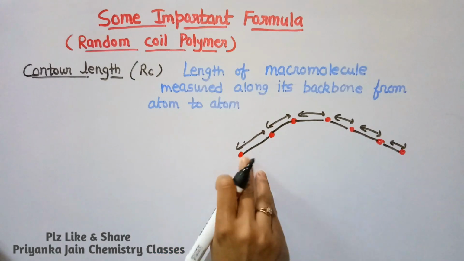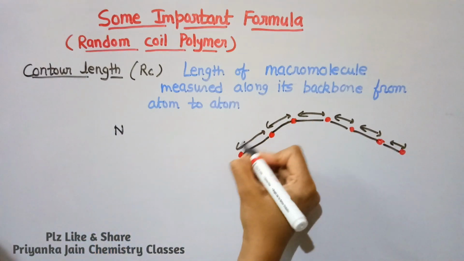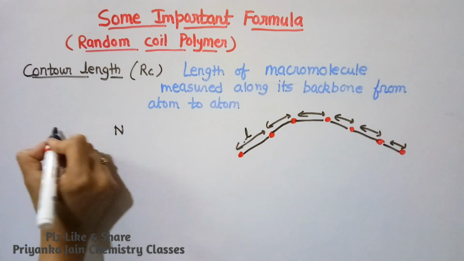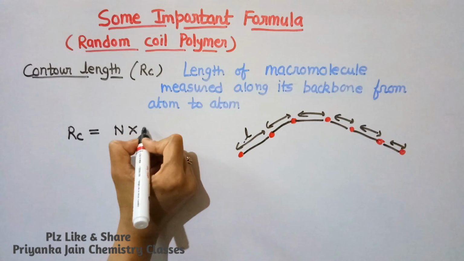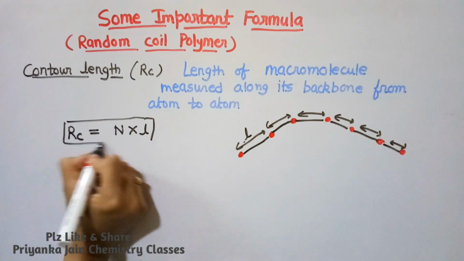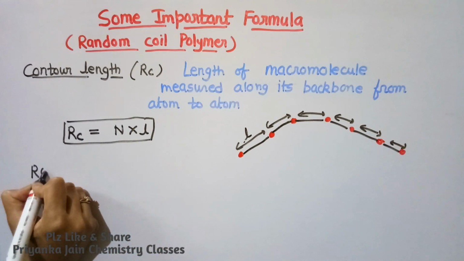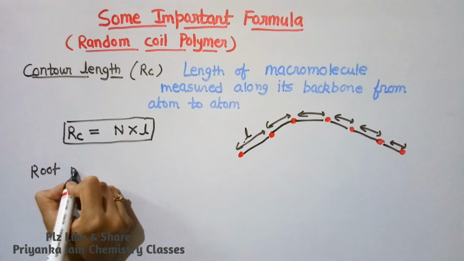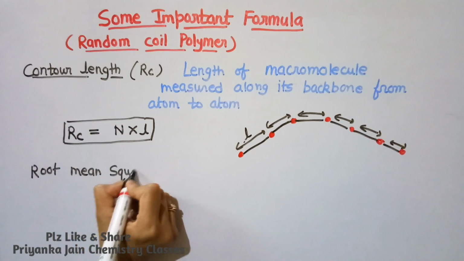Suppose here the number of these monomer units is n, and the length of each is L. So the contour length RC will be equal to n into L. Very short formula, and if you know this formula, then you can do such type of questions quite easily, right? Next formula is for the root mean square length or root mean square distance,